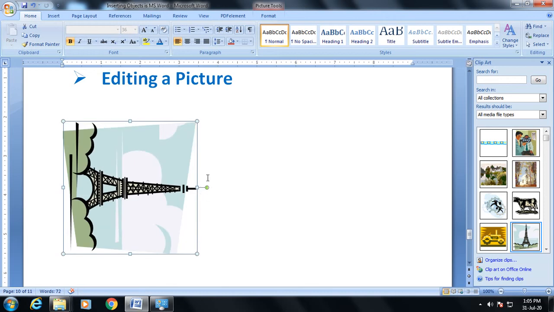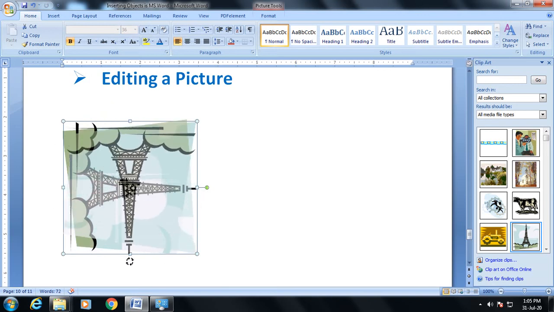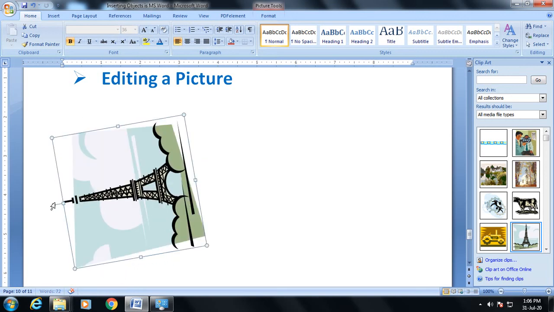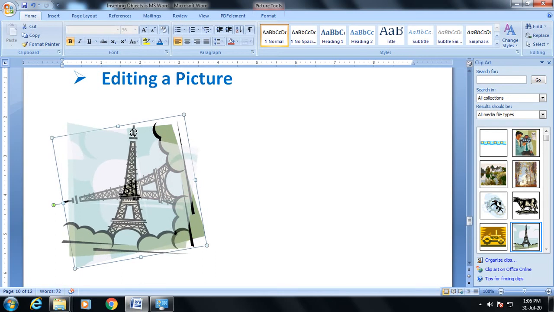Again, now I want to turn this Eiffel Tower upside down. So again, move your pointer towards this green dot, click and move it in the clockwise direction. Now this is straight.